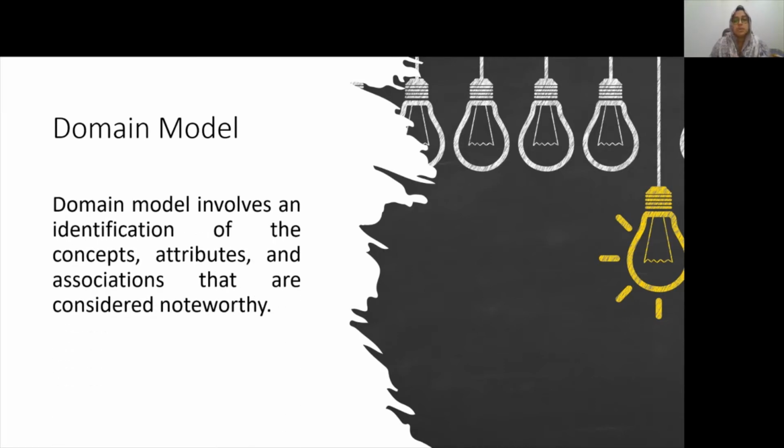So, domain models are defined as the model that contains the conceptual concepts in a problem domain along with their attributes and associations that are considered a crucial component of the problem at hand. Still, domain models are not exactly based on real-life software. They just present an abstract view of the software at a very basic level. Although class diagrams show a real-life software-based design, we will be discussing class diagrams in our next lecture, so stay tuned. But for now, let's focus on the domain models only.